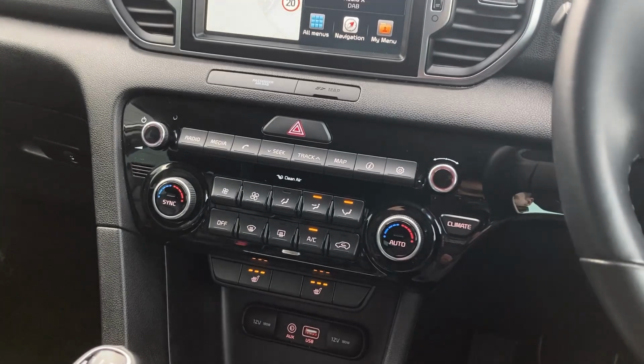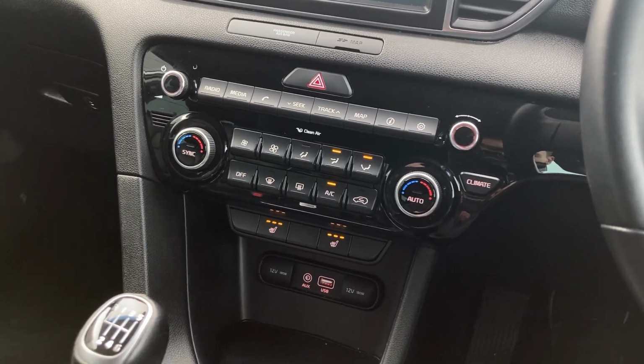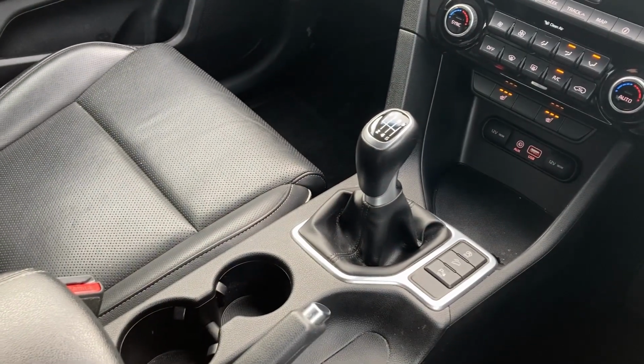On the centre console we have 2-zone climate control with the heated seat buttons, USB socket, and the 6-speed manual